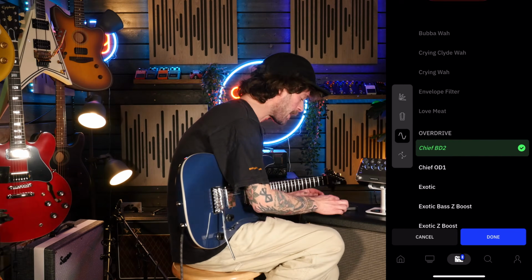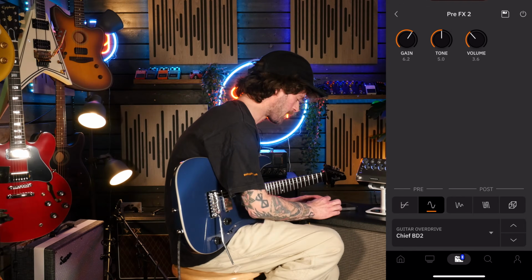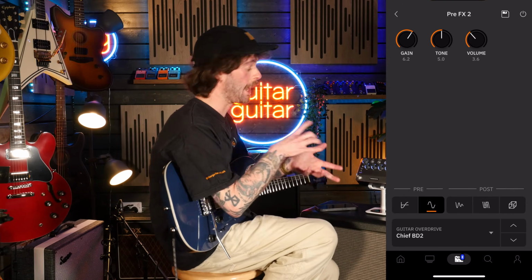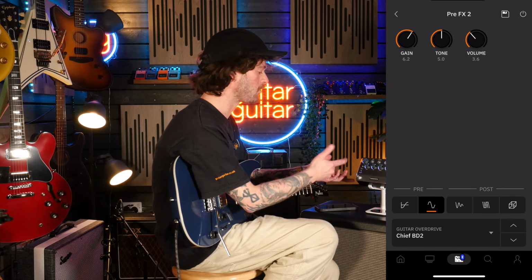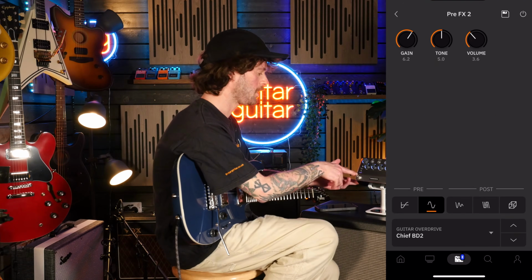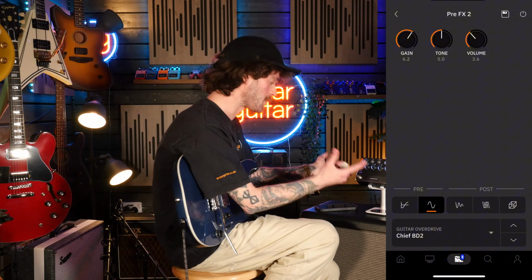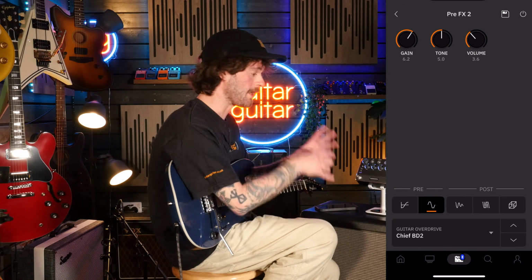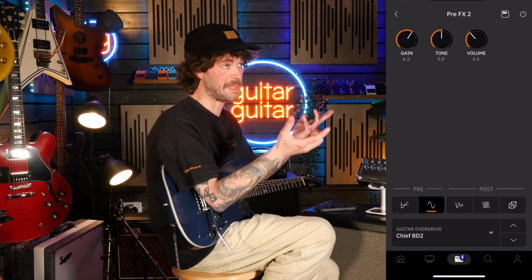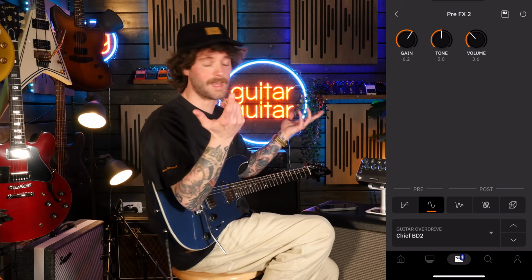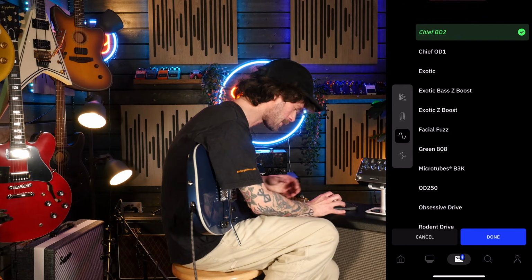So there's a ton of new drives to pick from, which I think is really cool because it means that you're not just relying on the amps for sound. So for example, if you do want your first number one switch here, because you've obviously got two sounds to select from, when you press that, your first one can be your bass amp, your B-A-S-E amp, with just a nice clean signal. Then you press it again, that adds in a distortion there as well, which I think is a really cool feature.